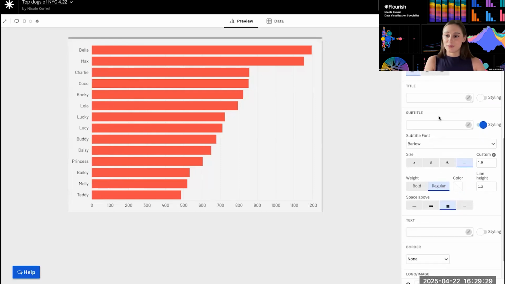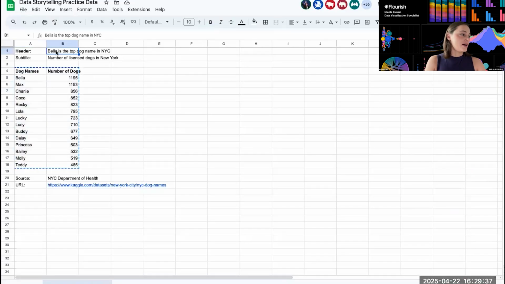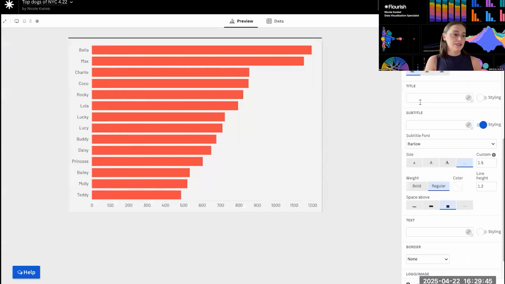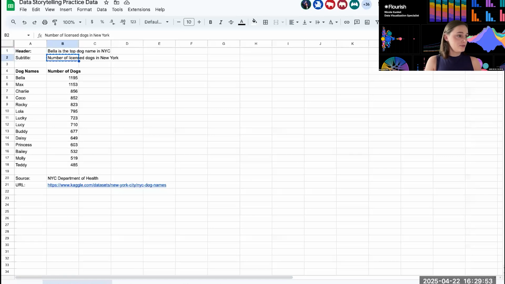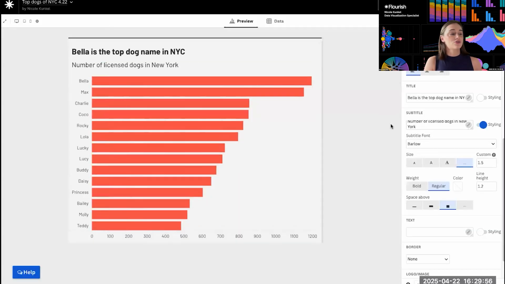And again, starting with my data storytelling principles, think about the takeaway message that I want for my chart. I've provided a header that provides the story here. So feel free to copy and paste this in or come up with a different story yourself. And then I like the subtitle to describe the data. So that's where I'm going to put the descriptive title so that my end user, the reader, can know exactly what it is that they're looking at right there.